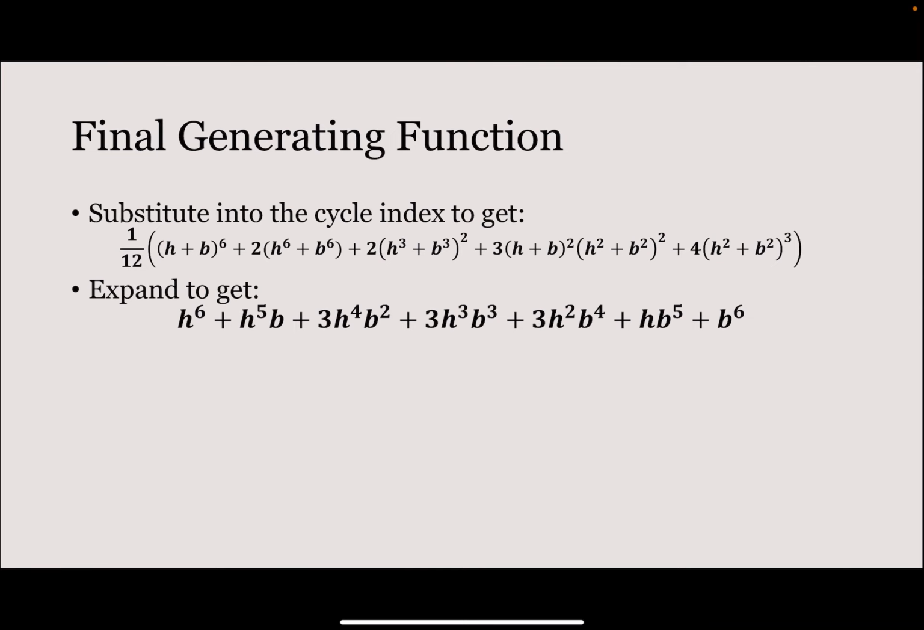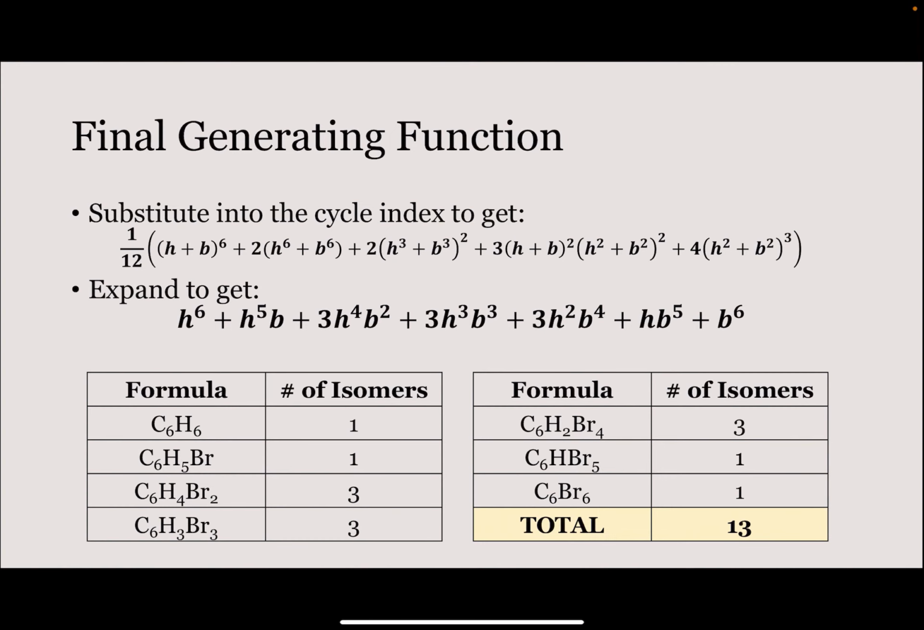Now this generating function is actually very useful because it tells us exactly what problem we have. If we look at this, we could just look at the coefficients and read them off to determine the number of isomers. So for example, if we see that the coefficient of H4B2 is 3, that is going to indicate that we have 3 isomers with the formula